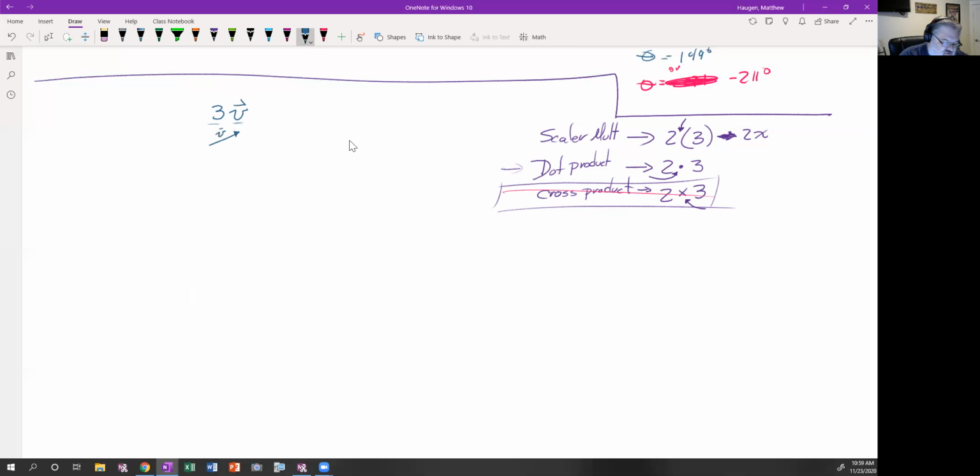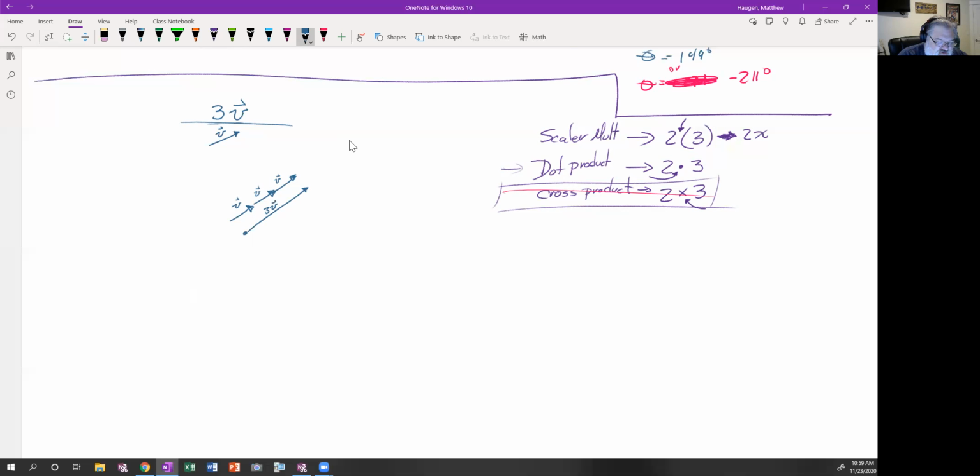If we had a vector v, 3 times that vector v just means take that vector v and do it 3 times and add them together. That's going to give us a new vector that goes in the same direction as v, but is 3 times its magnitude. Just good old repeated